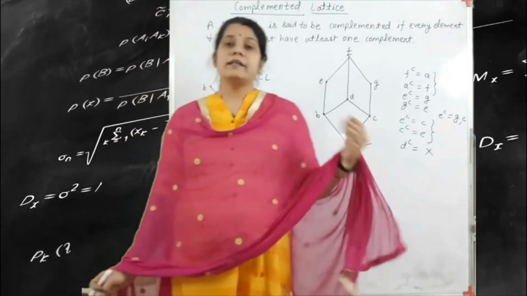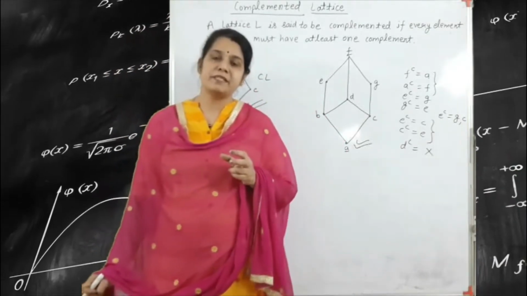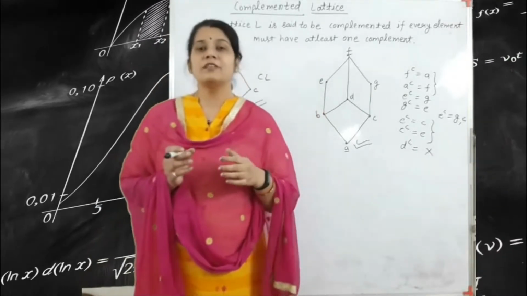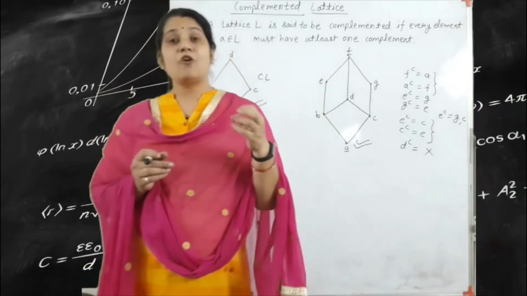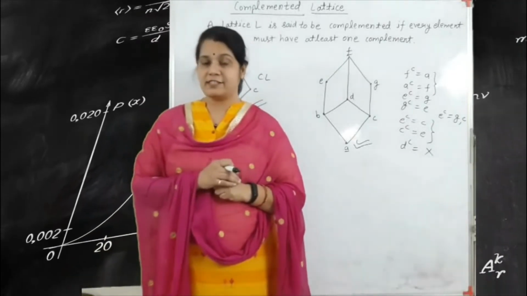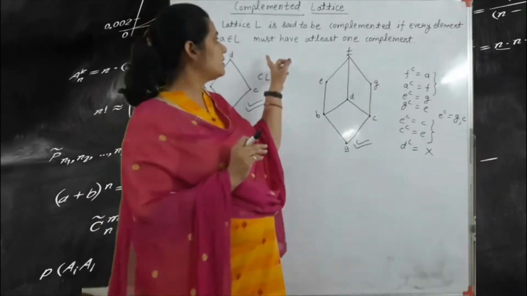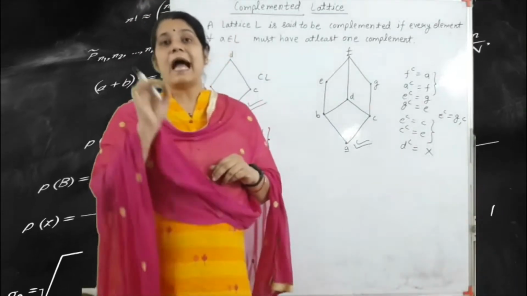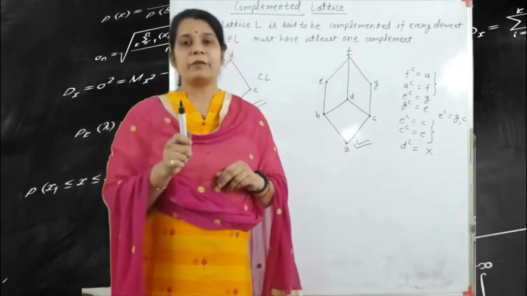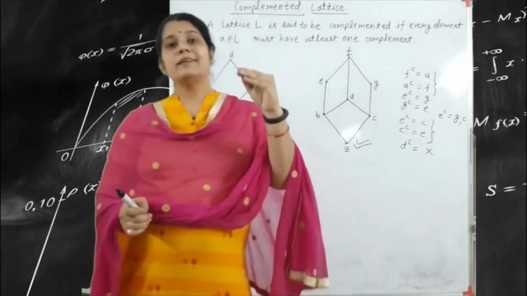Okay. So our next topic is the Boolean algebra. So Boolean algebra, that means what? First, the combination of the distributive lattice and the complemented lattice is the Boolean algebra. That means according to Boolean algebra, every element has a complement, and the complement is exactly one. Every element has exactly one complement, then we can say that this is the Boolean algebra.